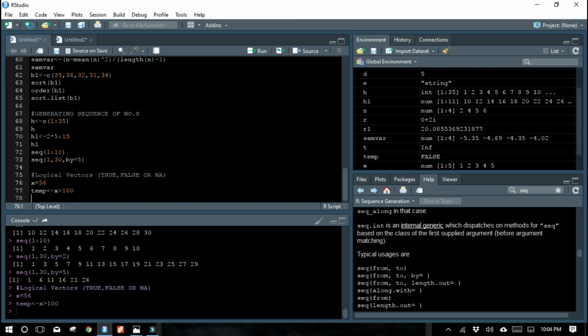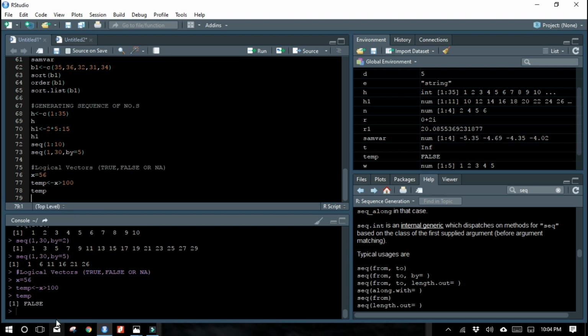When you enter, the value will be FALSE because 56 is not greater than 100. So when I give x less than 100, now run it. It will give the result as TRUE. Okay. This is all about logical vectors. It will check whether the condition is true or false. Okay.